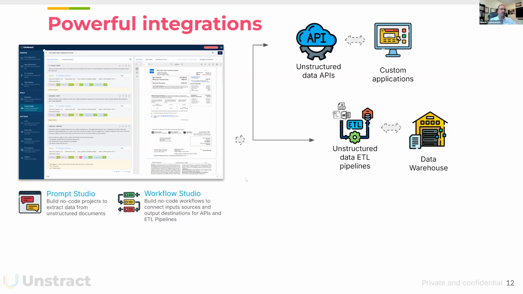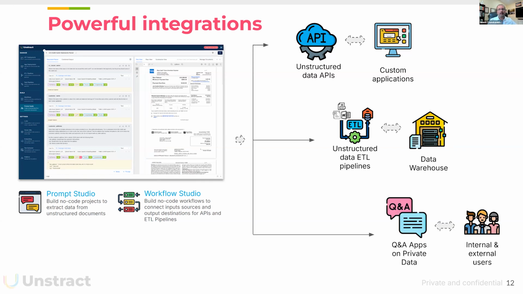Or if you're looking for an unstructured data ETL pipeline, so be it. Take data from a file dump where you have all these different PDFs, scan all the PDFs, extract all the information, and put that into a data warehouse. You can do that as well. And then there's a whole line of conversation about RAG and building RAG pipelines as well. I'll save it for a different day.